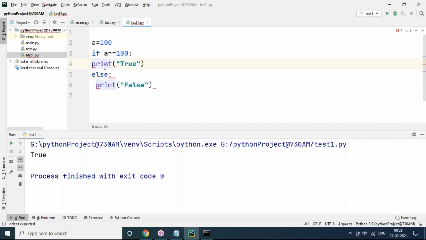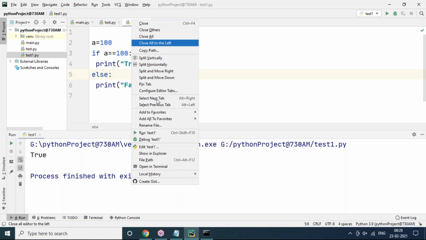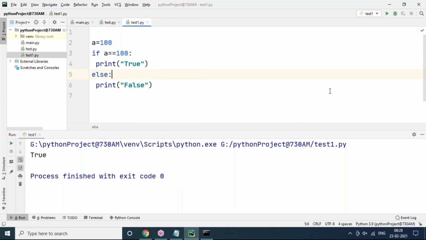This if block doesn't have any statement. That is the meaning. Okay, hope you understand this. This is the problem you will get while writing code in Notepad. Once you get a proper idea about the syntax of Python and the fundamental rules and regulations, then you can write it anywhere, no problem at all.